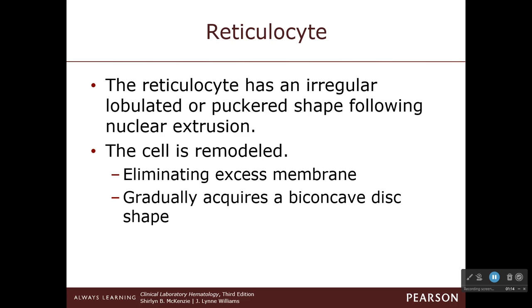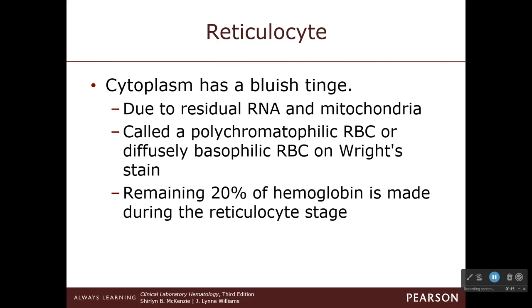It's usually a little bit larger. It talks about the cell being remodeled. We just pushed that nucleus out of the cell, so we've got to remodel the cell membrane to get it to fit or to close it off so that it can acquire that biconcave disc shape that a red cell has. Cytoplasm has a blue tinge. This is known as polychromasia. These are actually called polychromatophilic RBCs or diffusely basophilic RBCs. I've never seen that term used. Everybody always calls them polychromasia